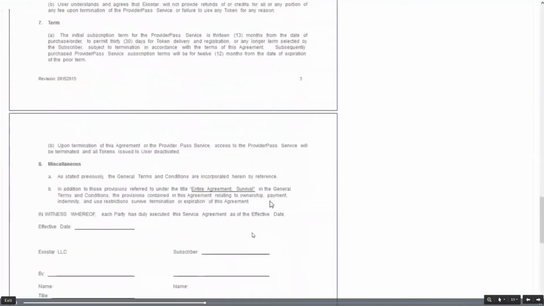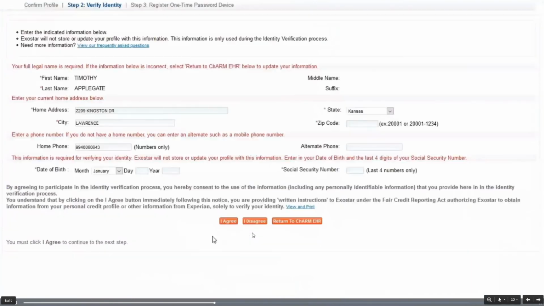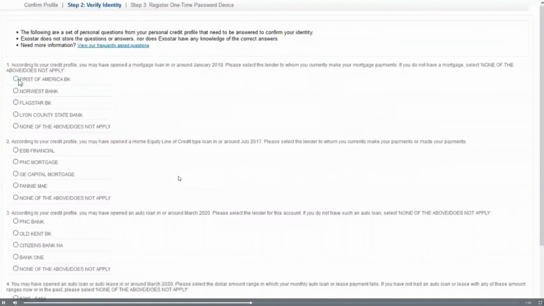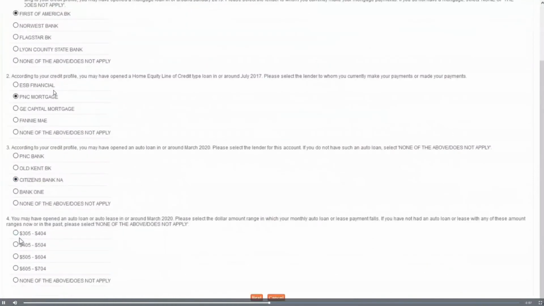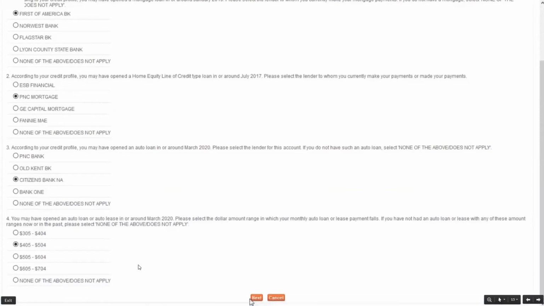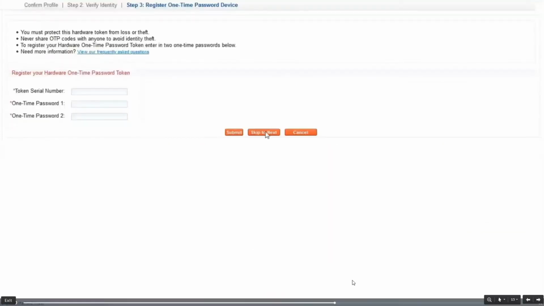You'll go through, read this, hit I agree. Again, you'll need to fill out the zip code, the social security number, and resubmit your date of birth. And hit I agree, and it's going to ask you some financial questions. So you can see, what bank, according to your credit file, you opened a home equity line of credit with around 2017. So you're just going to fill in this information, and usually it's going to be based on your banks and average payments and things like that. Now, once this is done,